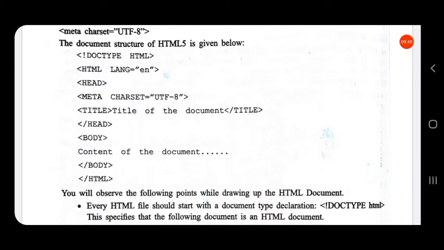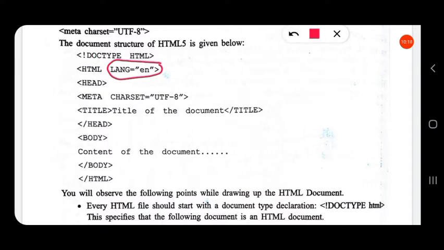Then the document structure of HTML5 is given below. 5 is the version number of HTML. So we have the HTML document type is HTML, then the HTML language, lang equal to en, meaning the language is English, is given inside the HTML tag.